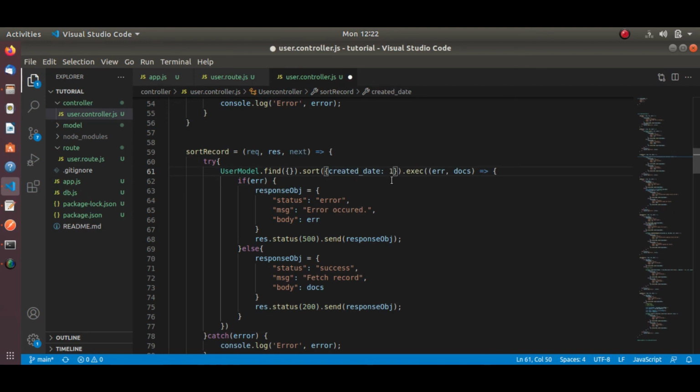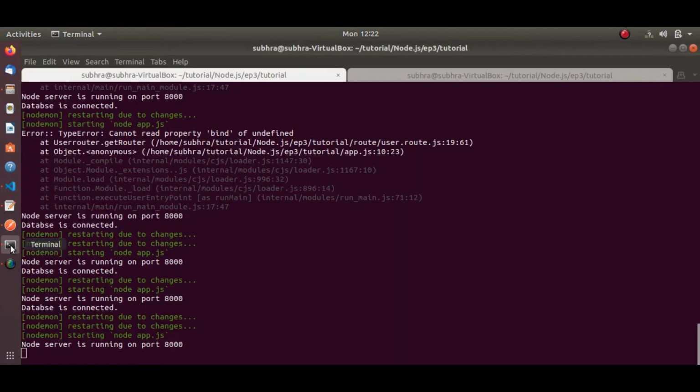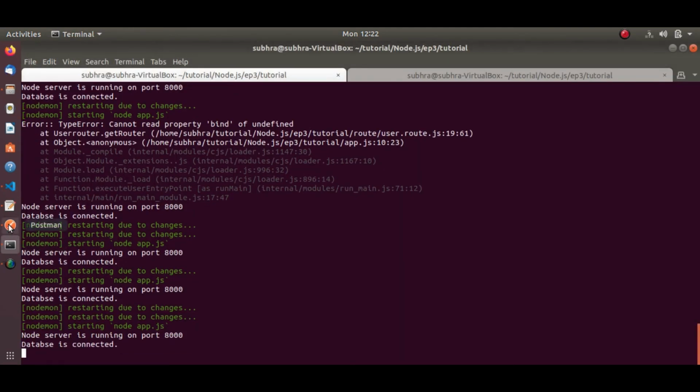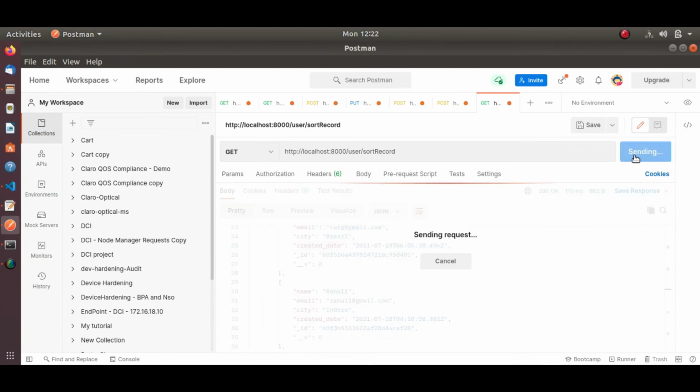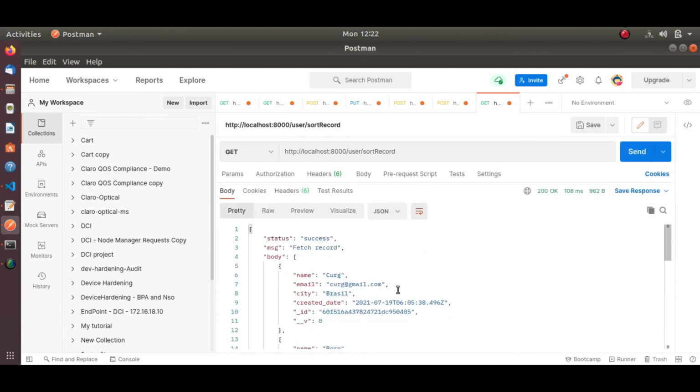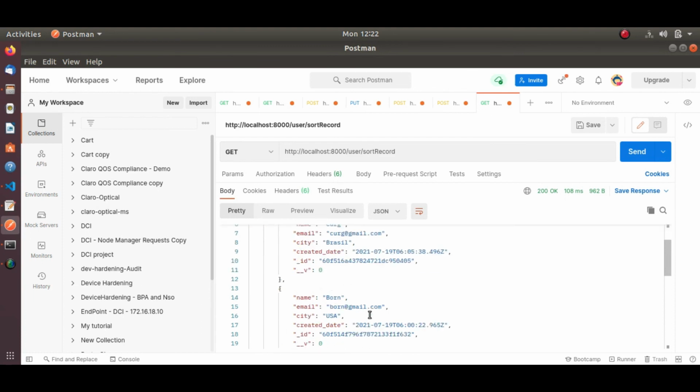But one thing is, how can we fetch the last record first? For that we will depend on the created date. We can put here, instead of name, created date, and for descending order we will give -1. Yes, our server is running fine.